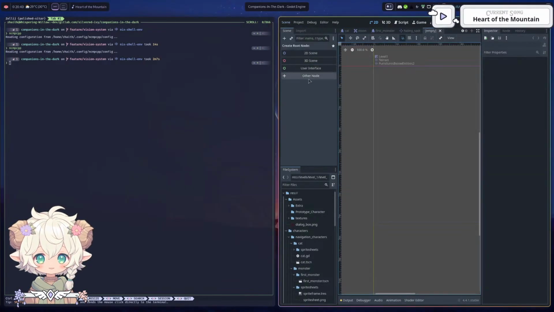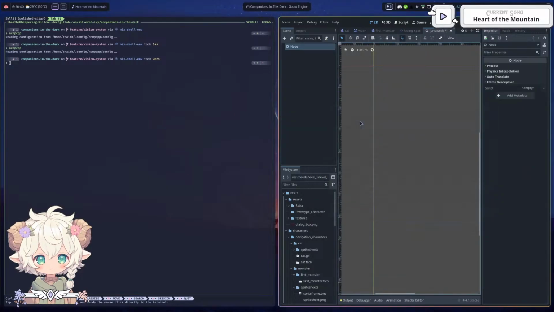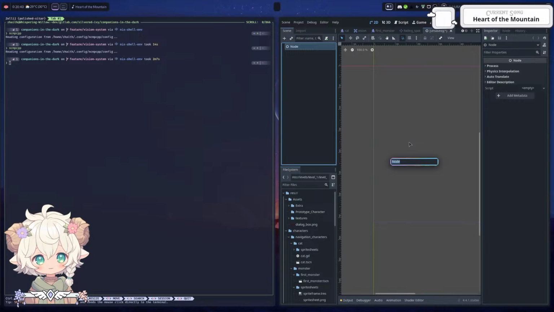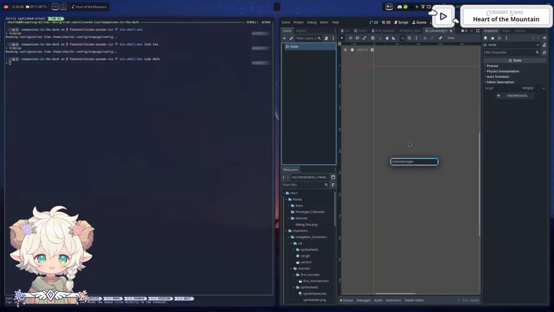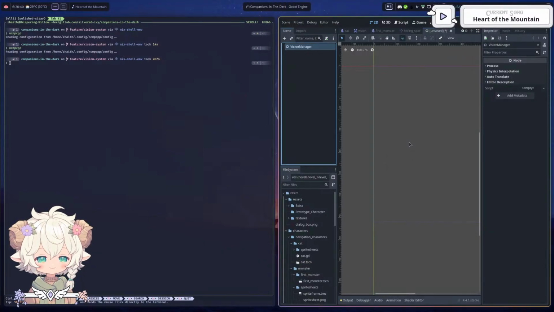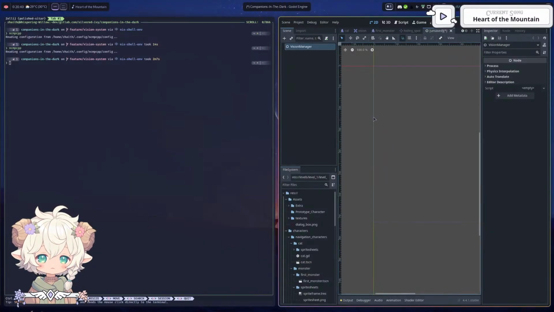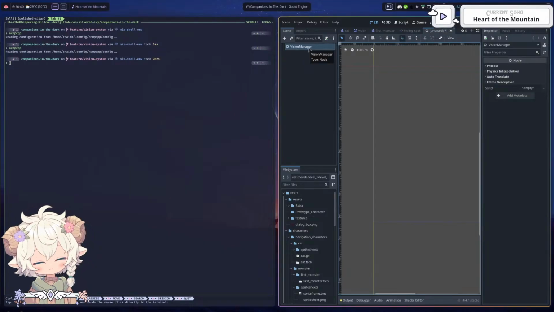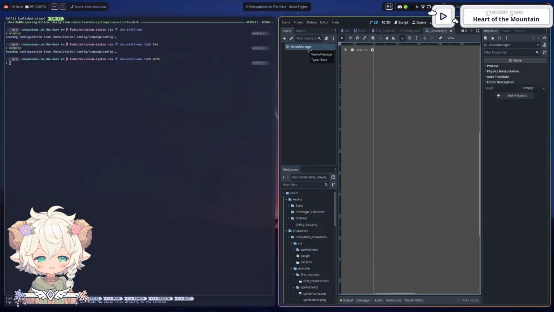This new scene will be a node scene by default, because I don't need it to be something really complicated. I'm gonna name that scene vision manager. So it's a type of manager that, if you're used to that, you know, the goal is just to be a node that we will instantiate once, and once only, at the root scene. It will always be there, and it will always be connected. And the goal is just for every vision